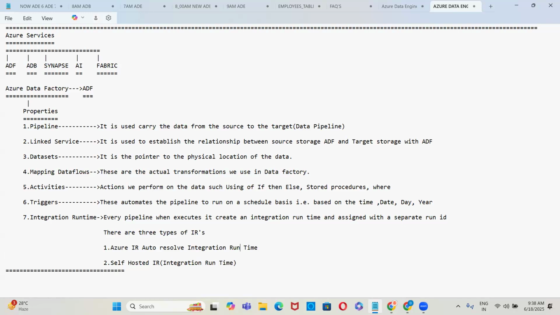The Azure IR and the auto resolve integration runtime are one and the same. It is auto created by Azure when a pipeline is triggered.